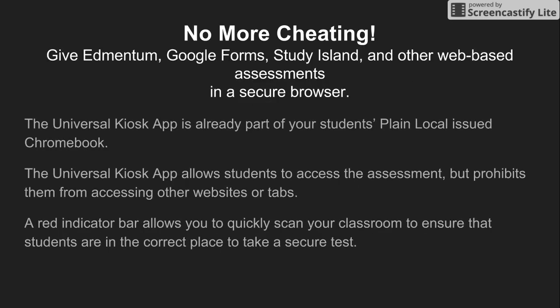You can use this kiosk app with Edmentum, Google Forms, Study Island, and any other web-based assessment. It's already part of your students' locally issued Chromebooks. If a student is using a Chromebook that they brought in from home, they won't be able to use this particular app. The Universal Kiosk app allows students to access just the assessment, but doesn't give them anywhere to go